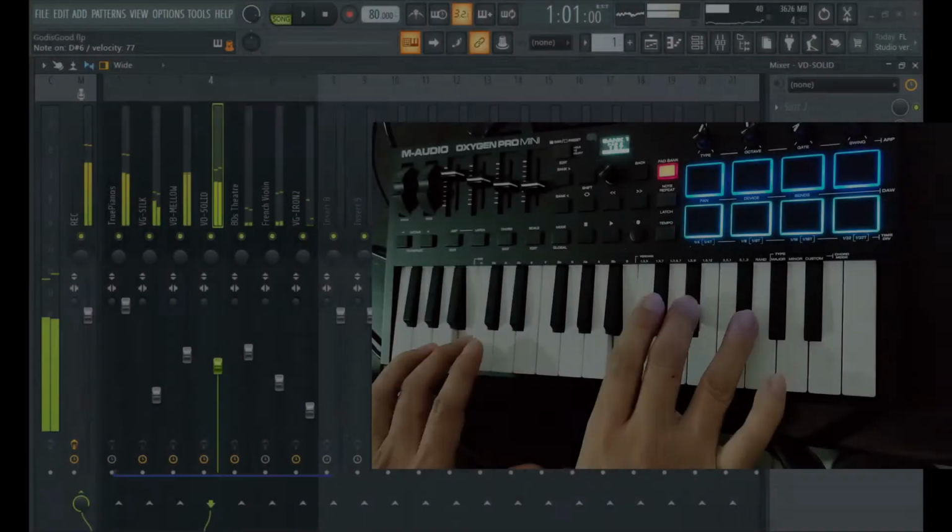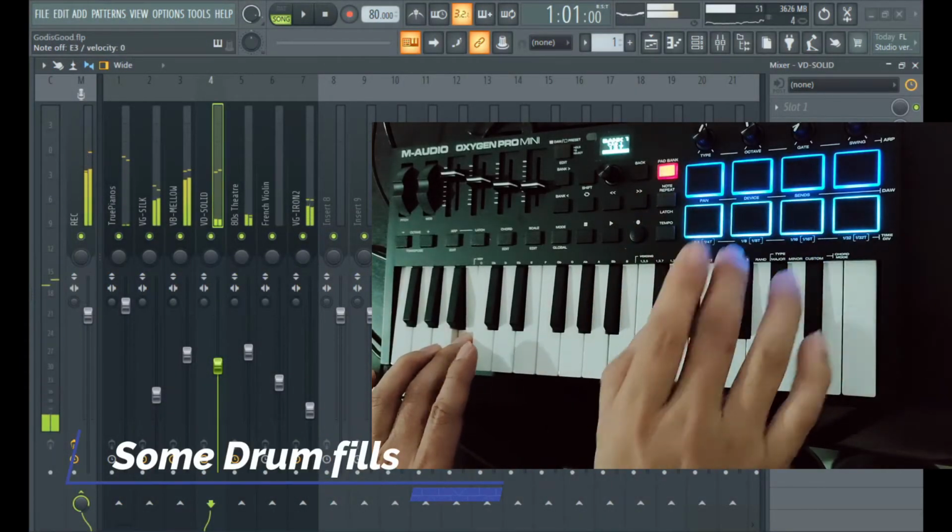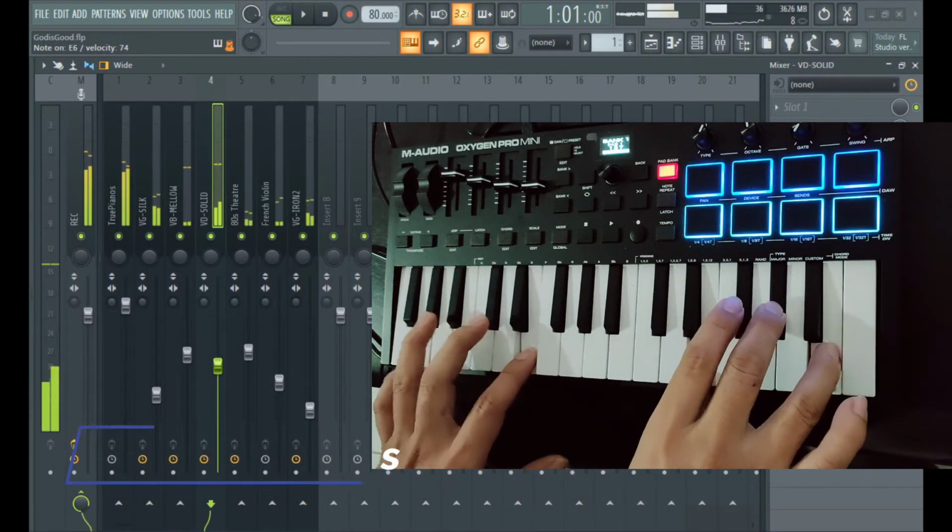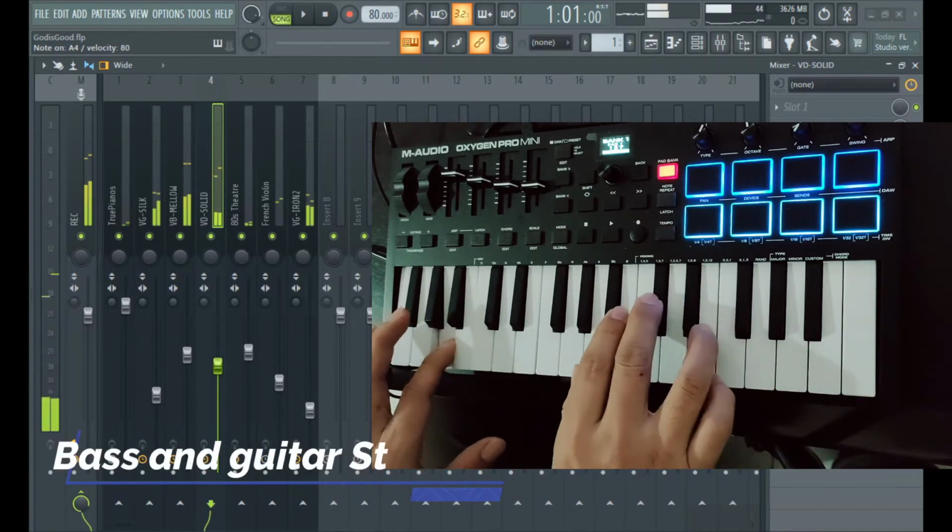How to make your M Audio Oxygen Pro Mini into a drum machine. You can sing along as you play your song with auto accompaniment drums. Your M Audio could be a drum machine with a lot of genres to choose from, like rock, pop, gospel,